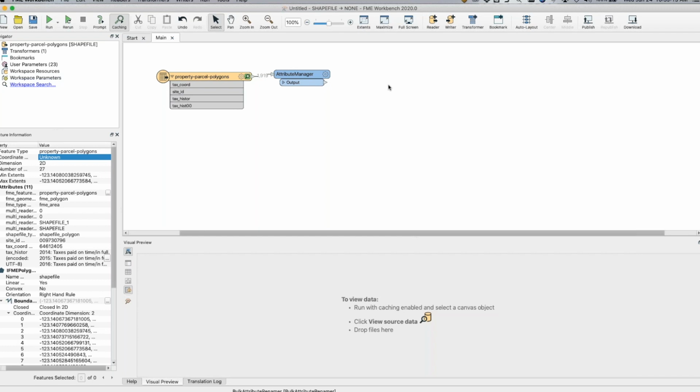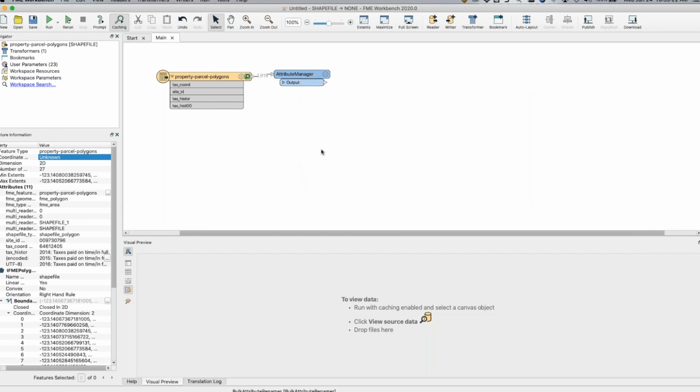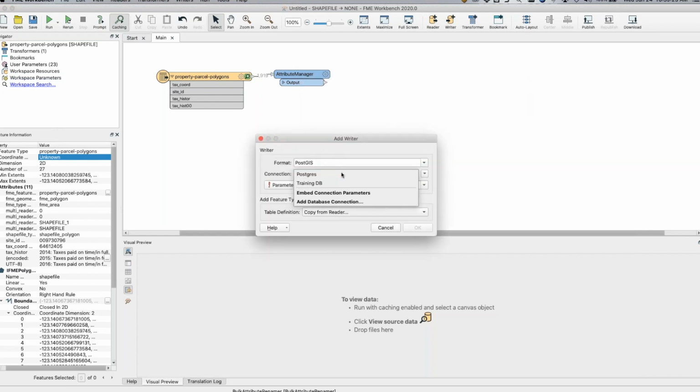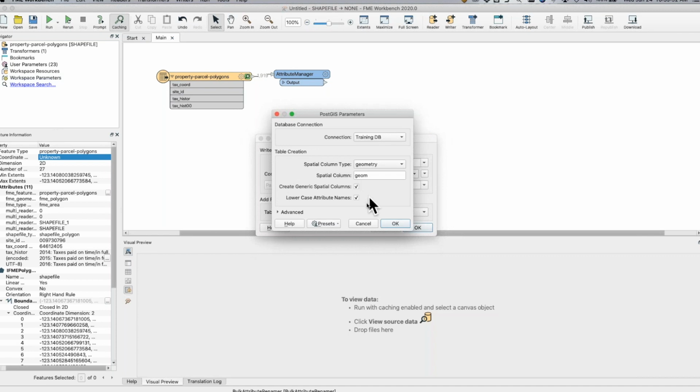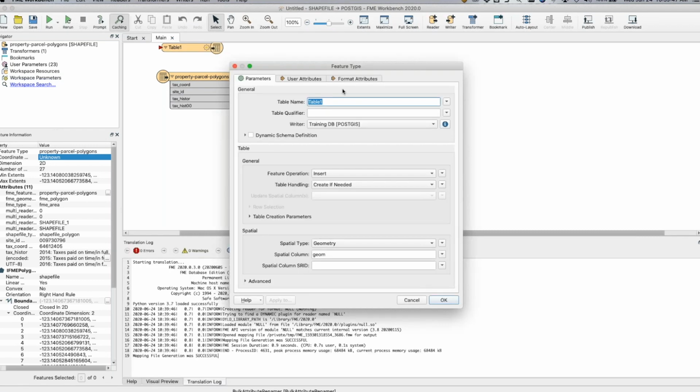Where are we going to escape to? Well, let's say we're going to escape to a database. Let's go with PostGIS. So I'm going to add a PostGIS writer in here. I've got a connection already set up to a database online, and we can see all the different parameters that we've got in here that let us control how we create and write that table. Like Dale did, I'm going to make this an automatic schema, so it takes the changes automatically from the attribute manager. And it'll come up with this, and we will call it demo